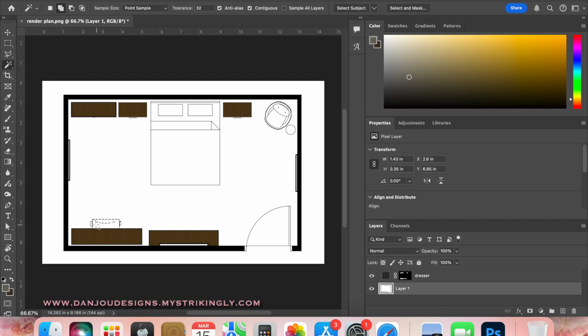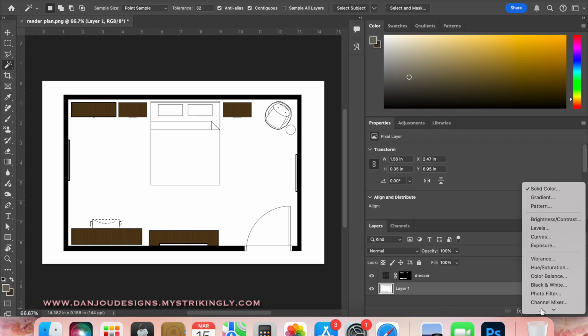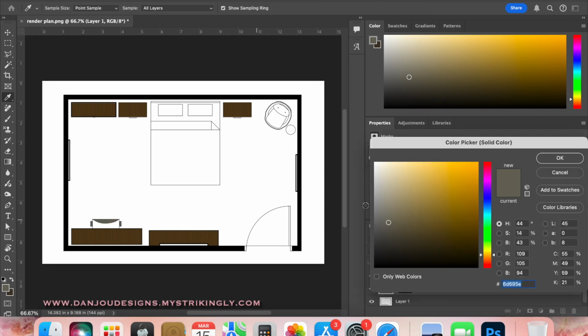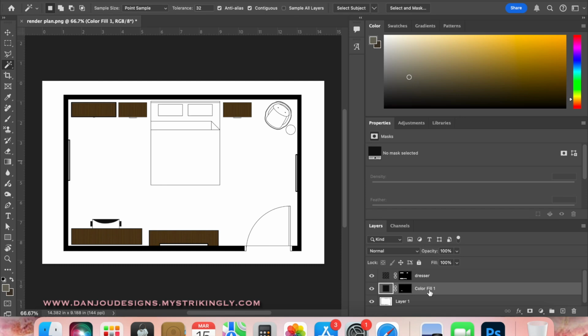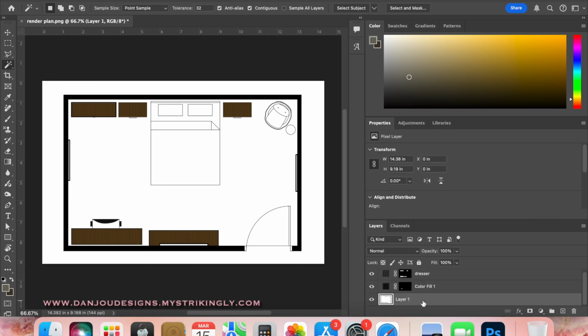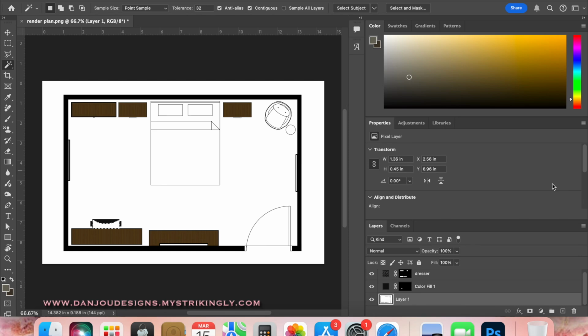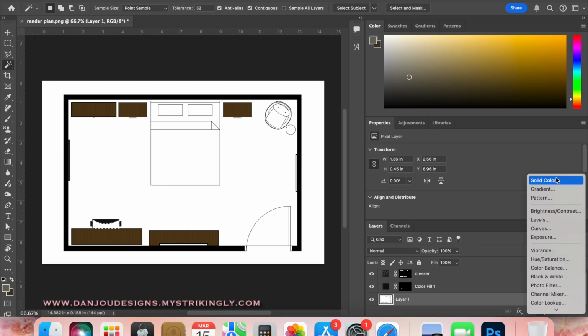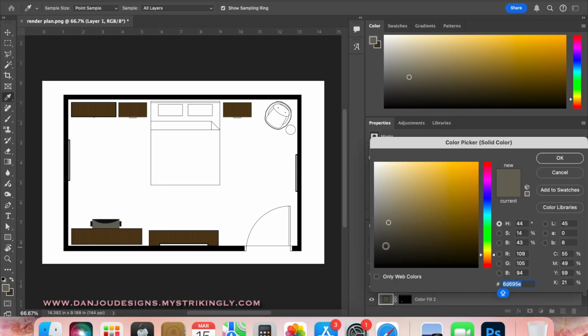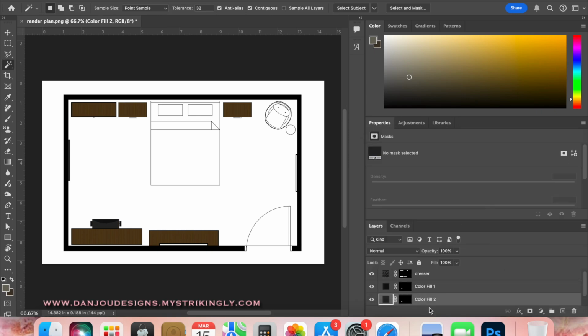So I'm going to hold the shift key, selecting the arms and the back of the chair, going to this semi-filled circle and selecting color. And I want this to be pretty much black. And as you can see, it's made that a new layer. It's a color fill. Now I'm going to go back to the base layer, select the seat of the chair, and for pattern, or no, I meant to do color. For color, I'm going to do just something a hair lighter than that black, just to show some depth and